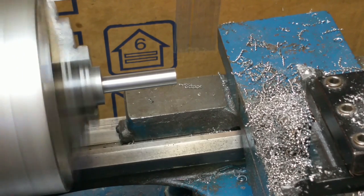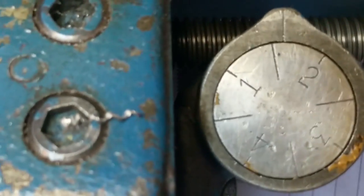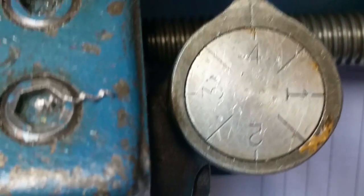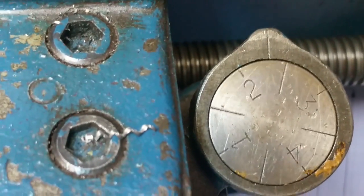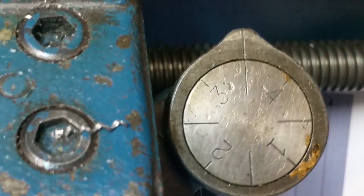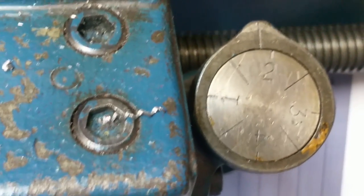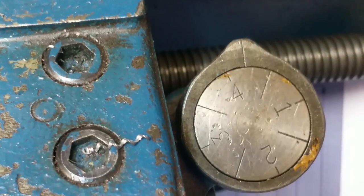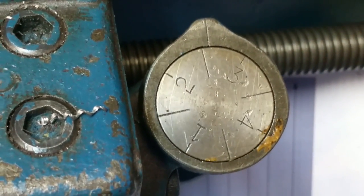kind of important here. It's important that you catch the same number coming around each time. Otherwise, the thread pitch will be the same, but it'll be offset, and you'll end up wiping the threads. So I'm just going to catch it on 1 every time it comes around. I'll engage the feed at 1, and that way each successive threading operation will be radial in sync with the previous one, so that I'm not starting half a turn off or a quarter of a turn off and wiping the threads I did before. So we'll get back up and